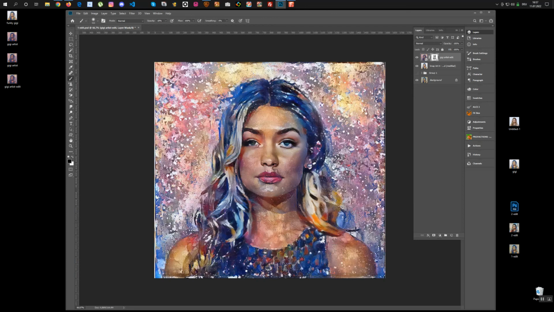That's a little bit too much, as you can see. And now you go back on the white brush and just slightly add. It's a feeling thing, more or less. Just try to add